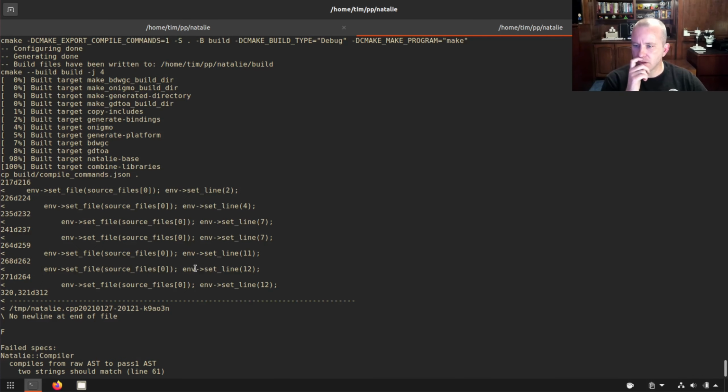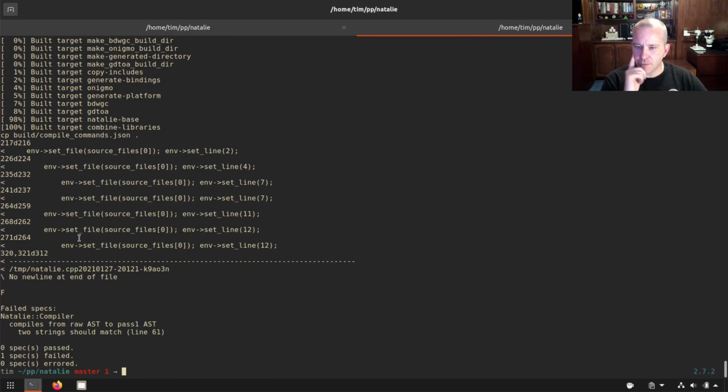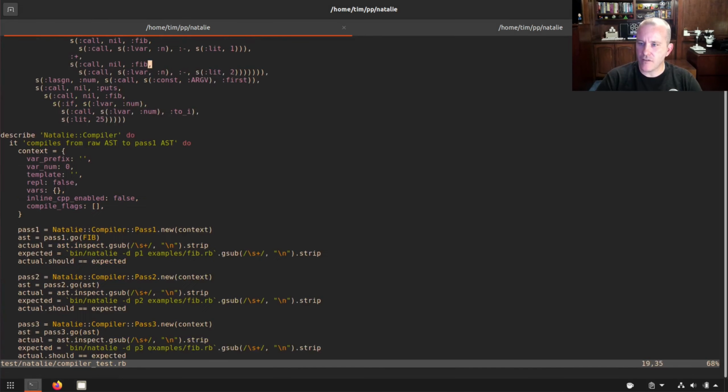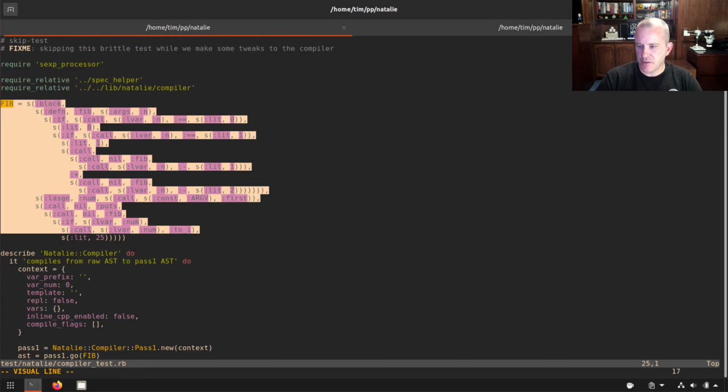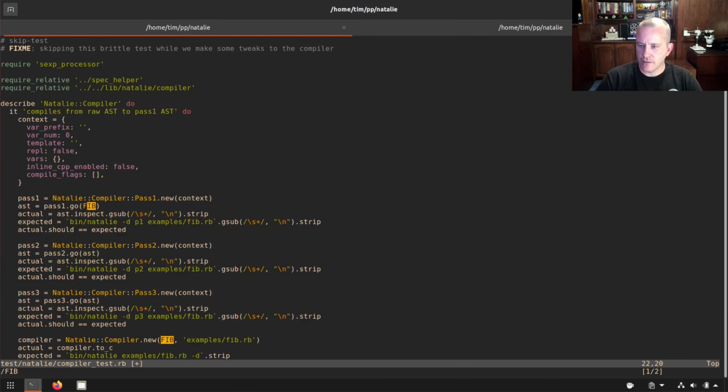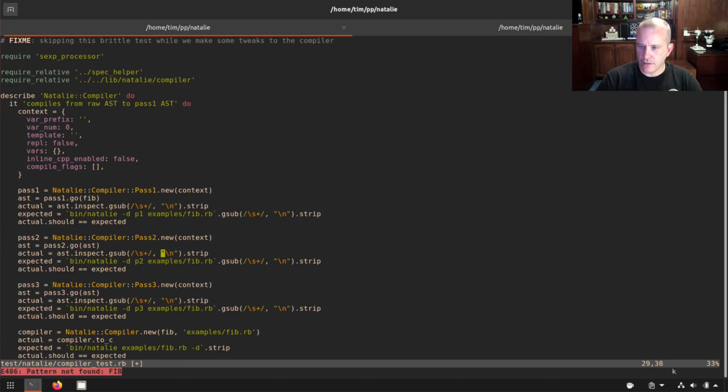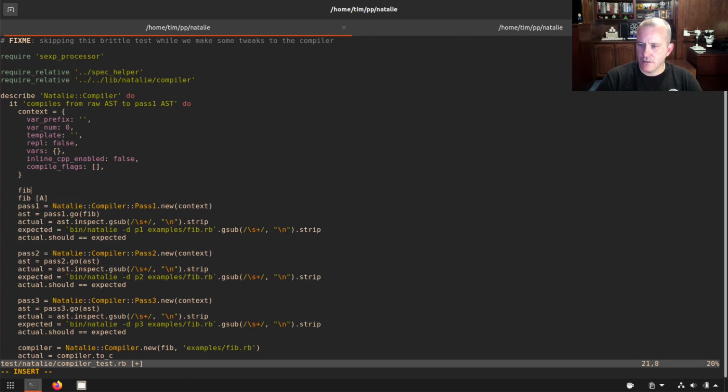Okay. So, hey, this is promising. So it's missing some set files and set lines. Oh, because the AST does not have all that stuff. Well, let's just stop doing it this way and let's parse it. Fib equals parser.parse File.read